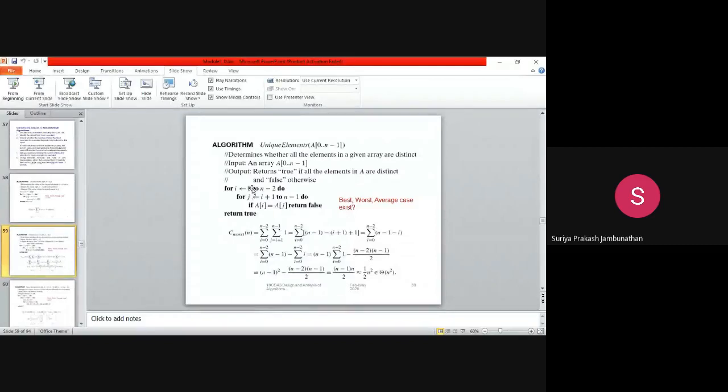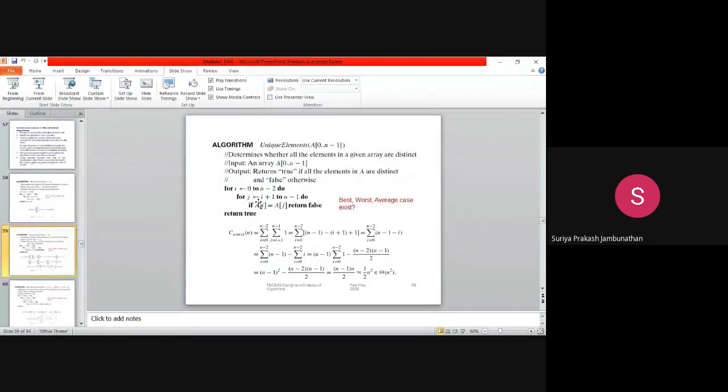Now the outer for loop value will be incremented. So the I value will be incremented to 2. Already it was 1, now it will be 2. Now the J value will start from 2 plus 1, which is 3. So here A of 2 equal to A of 3. What is the value in A of 2? 15. Equal to A of 3. What is the value in A of 3? 20. So 15 equal to 20, condition is false. Next iteration will go for the inner for loop.